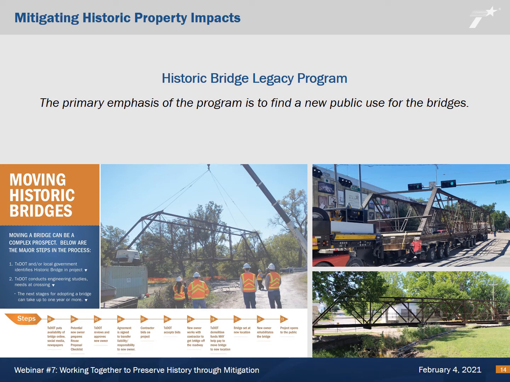Hamilton County took advantage of this program with their Leon River Bridge. The county built the bridge in 1906, and it connected rural residents to the markets, schools, and churches in the city of Hamilton. Residents knew the bridge was an important part of their history, and when TxDOT needed to close it in 2012, they worked together to save the bridge. Through the Historic Bridge Legacy Program, TxDOT relocated the Leon River Bridge from its original location northeast of Hamilton to the grounds of the Hamilton County Museum. TxDOT also created museum panels and a video about the move.